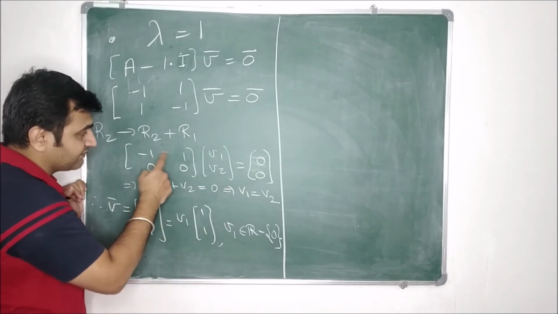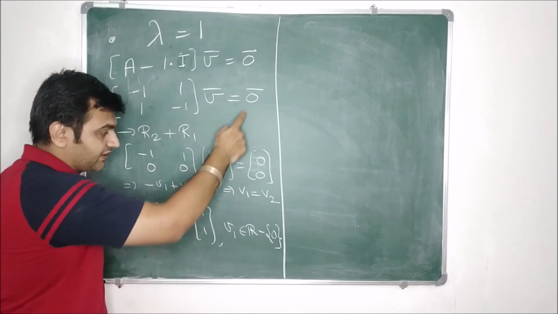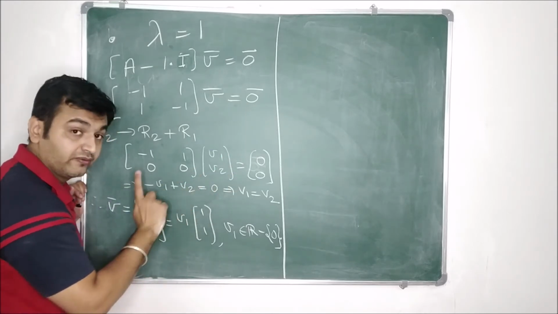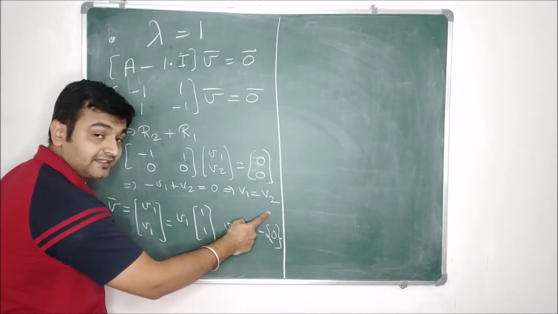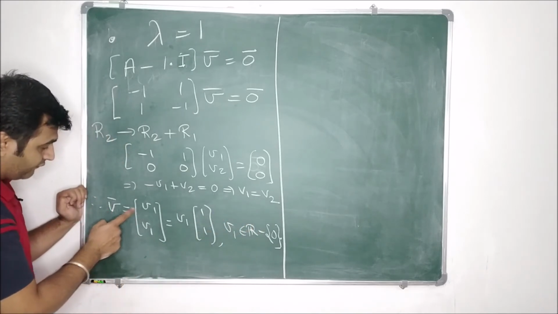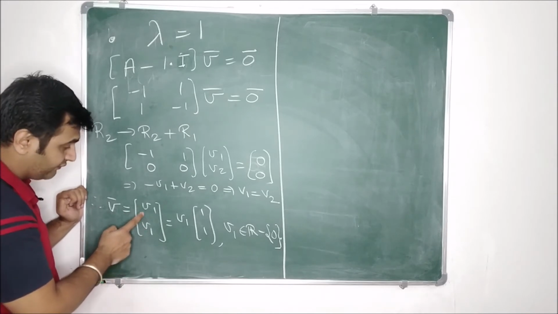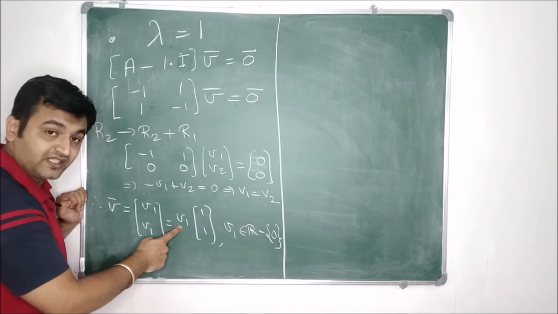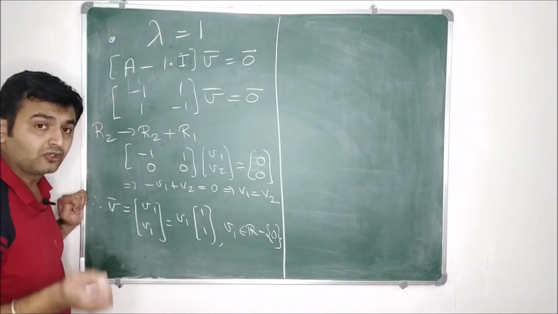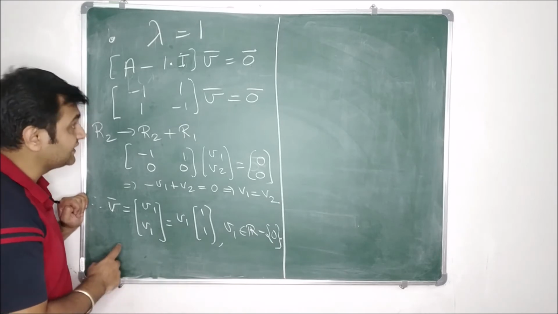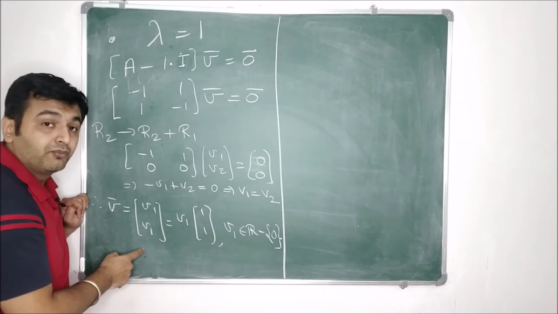And then when you solve this, minus v1 plus v2 equal to 0. Now this is a number and this was a vector. See the difference. There is no bar over here. And what do I get? v1 equal to v2. That means both the components are the same. And so therefore, what is my v bar? It was (v1, v2). You replace your v2 by v1. So we have (v1, v1). You take v1 outside. So what is v1? It is any non-zero real number, because your eigenvectors are always non-zero. So you can see for lambda equal to 1, the eigenvectors are those where both the components are the same.